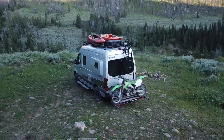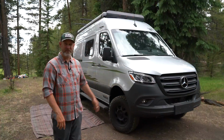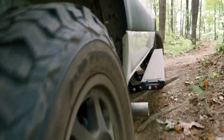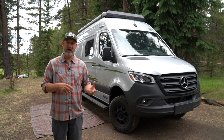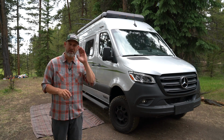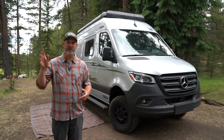One of the really nice features of a Winnebago Revel is that it's built on the Sprinter 4x4 chassis. That's what gets you there. That's what gets you in these wild places. It's super durable. Very comfortable. Another nice feature is the diesel heating system. So there's no more chasing around looking for propane stations to fill your tanks. Now, as long as you have diesel in your tank, you have heat